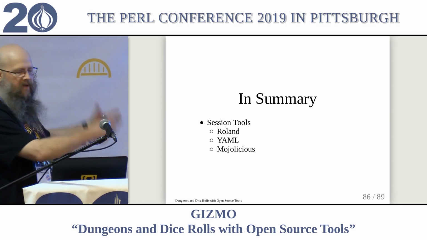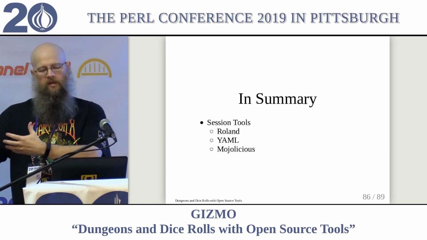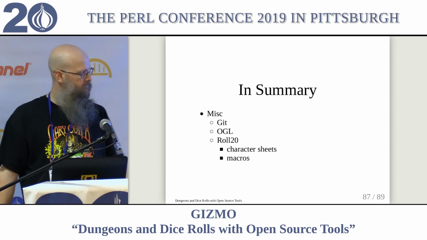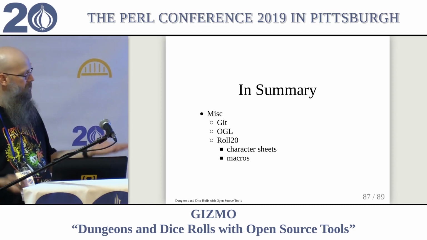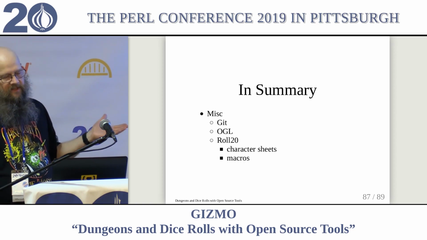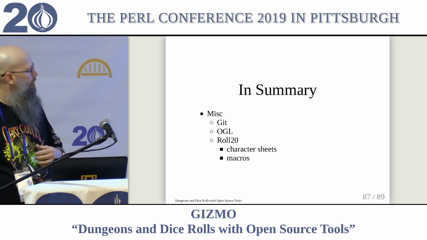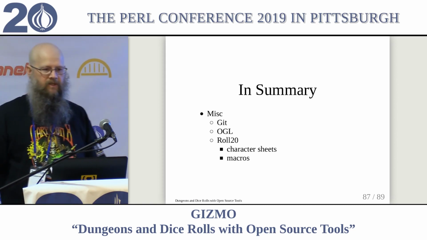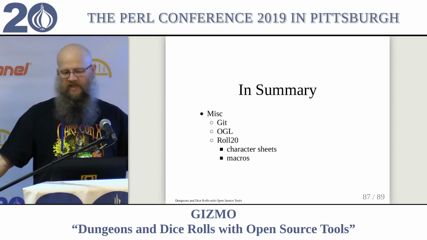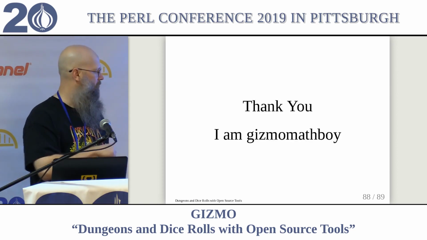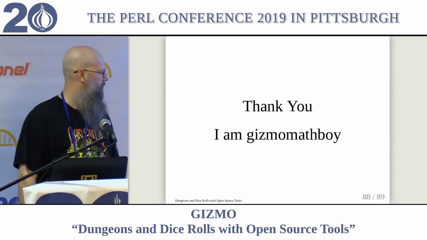If I want to take my command line tools and share them online with people, I use Git for my change management, to track my changes, of course. OGL, I'm a secondary consumer of, because all the gaming systems I like to use are primarily OGL. And Roll20, because we're all busy and it's not always easy to get together and play face to face.